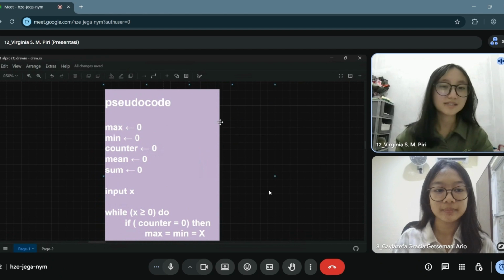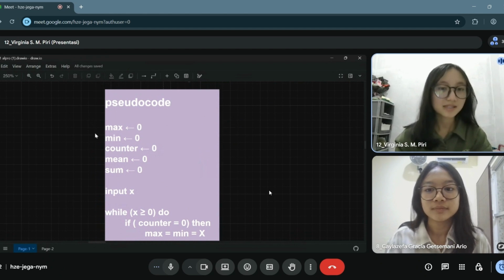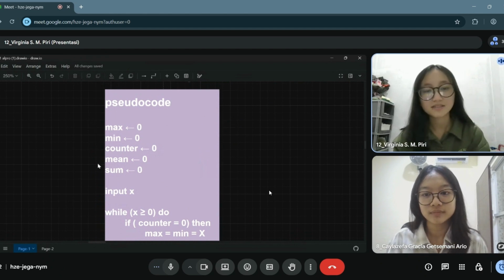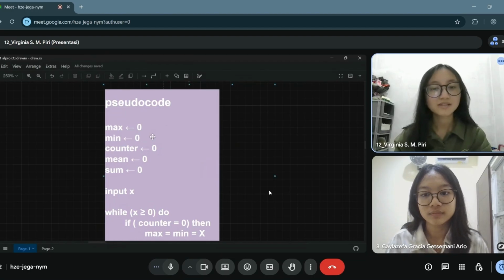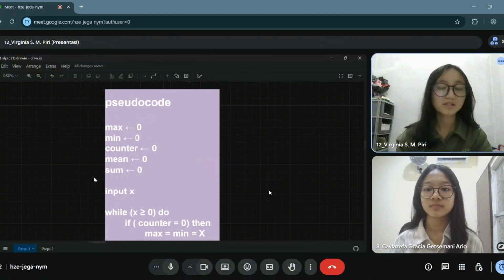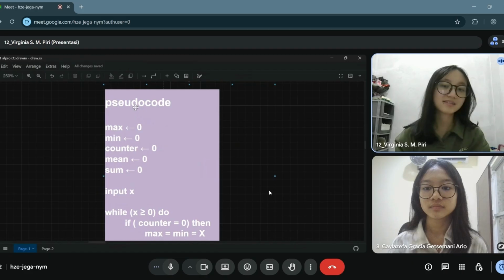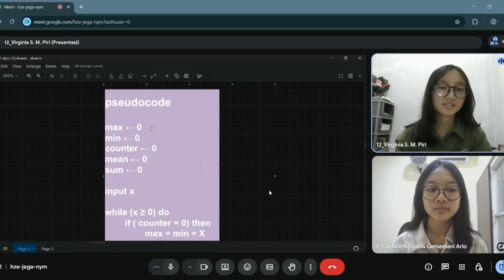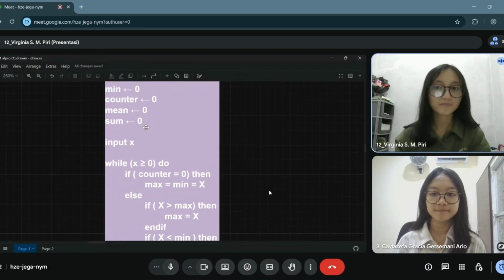First of all, we initialize the max, min, counter, main, and sum. We store zero to all of these: max, min, counter, main, and sum. But it should be noted that these are different things even though we initialize them with zero.